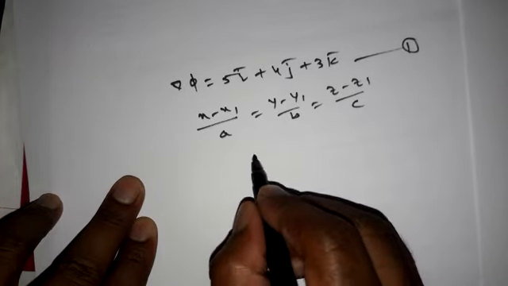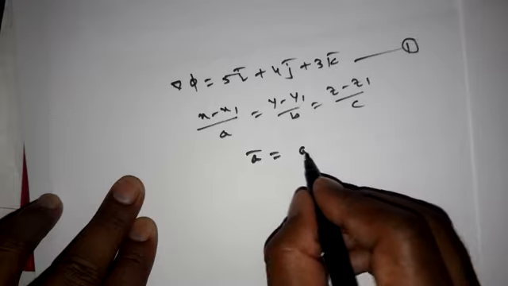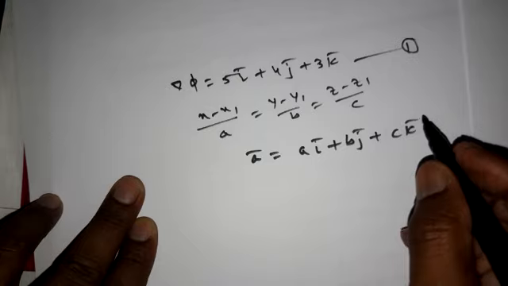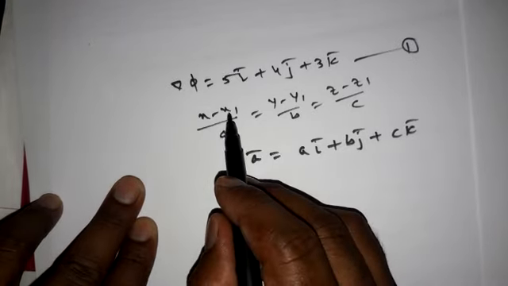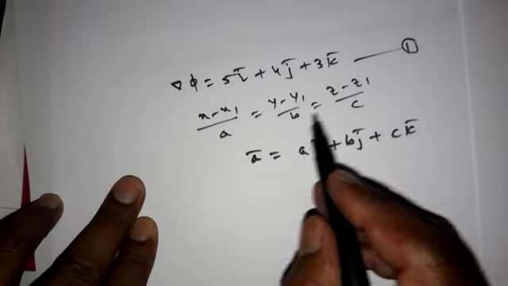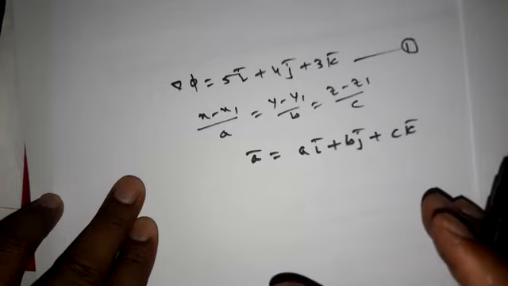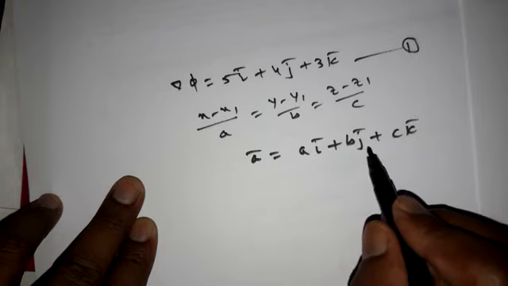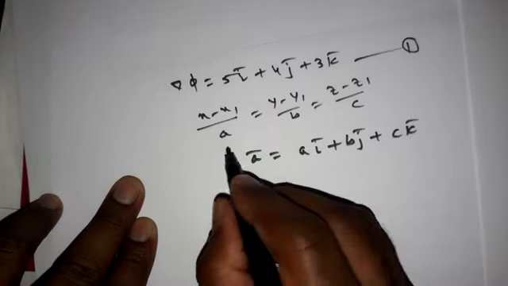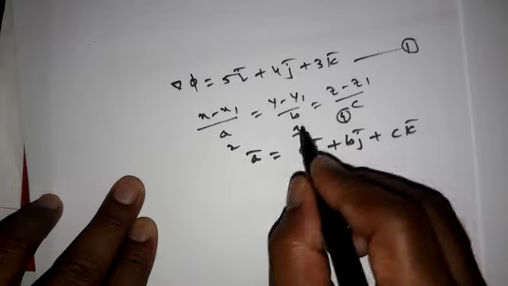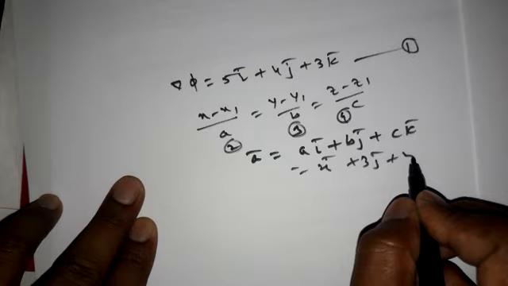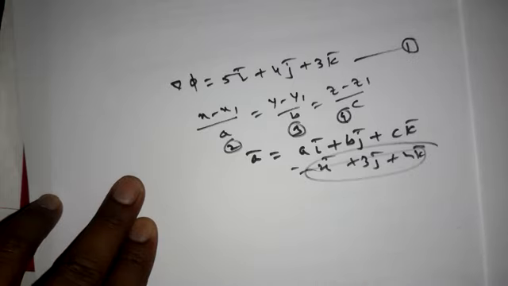So we focus, whenever the line is there, on finding the DRs of the line. And from these DRs of the line, we can write down our vector a bar as ai bar plus bj bar plus ck bar. Keep in your mind, see carefully here: (x minus x1) upon a, (y minus y1) upon b, (z minus z1) upon c. If this is the line, then for DRs a, b, c we just take ai bar plus bj bar plus ck bar. Suppose here 2, 3, 4, these are the 3 DRs, then I can write 2i bar plus 3j bar plus 4k bar. Correct?